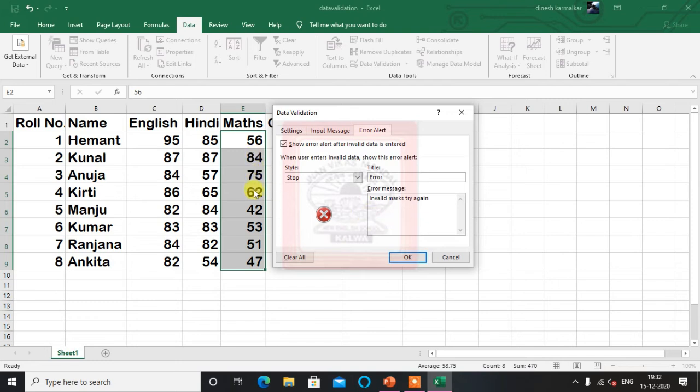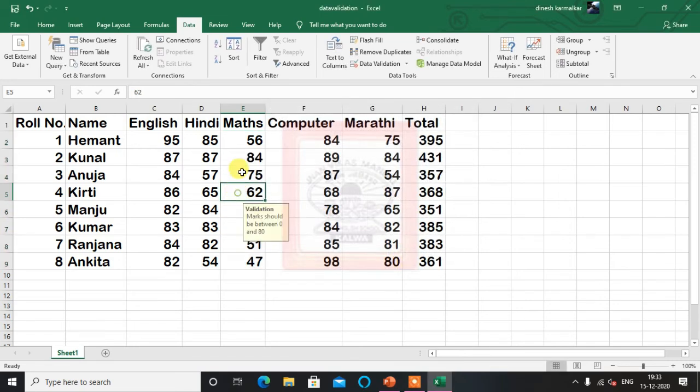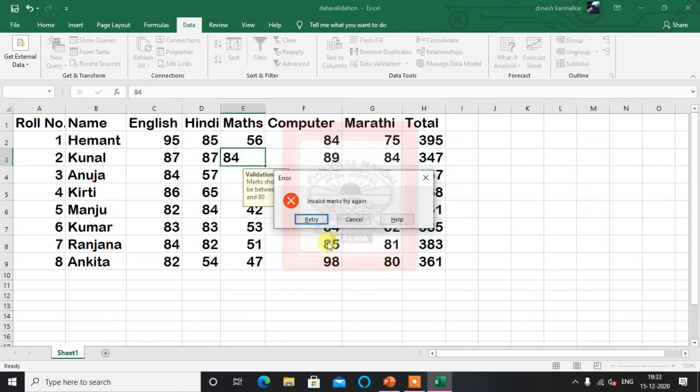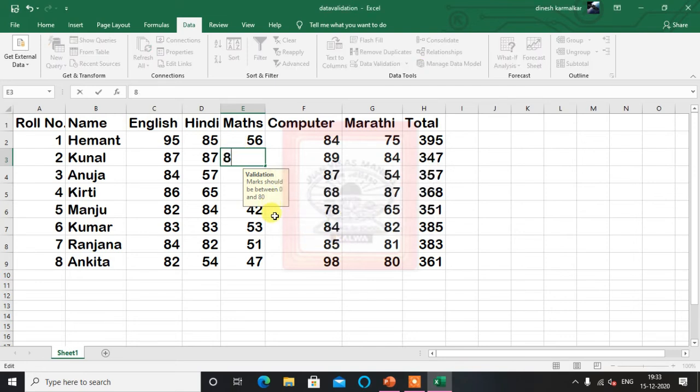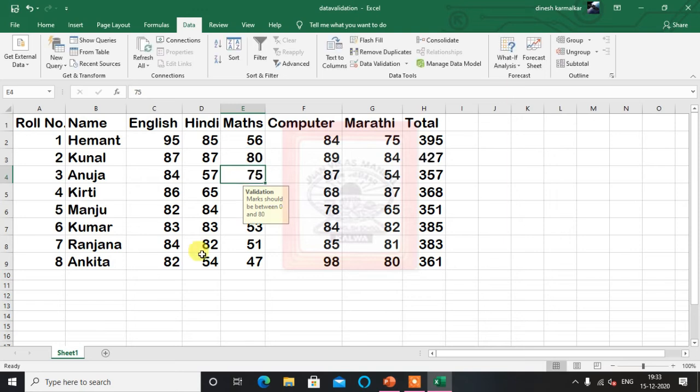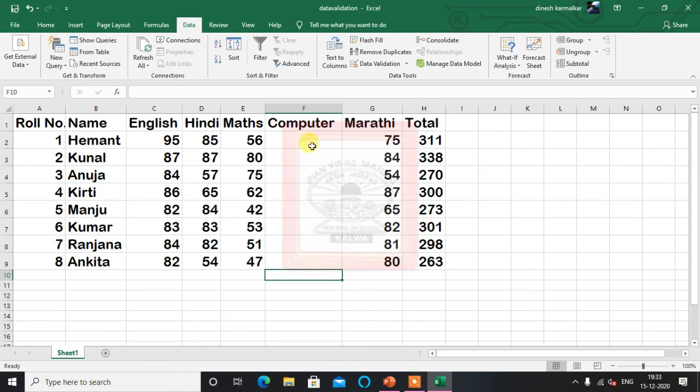Now here this 84 marks will not be validated, we have to remove it. So if you try to enter, suppose you try to type 84 now, it will show an error. So we have to retry and put 80 marks here. Okay, now here computer marks, I will delete this. It is all before about 50.